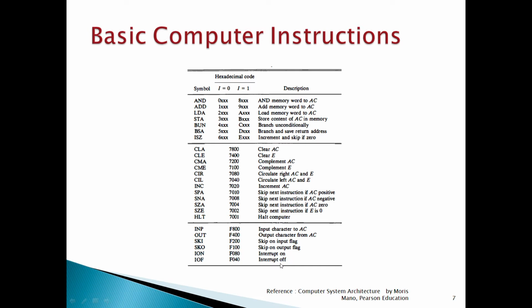About the interrupts we will study in later lectures. Basically, input output devices or any peripherals are much slower than the computer processors. That's why, till they are ready, we allow the interrupt on the instructions related to the peripherals, basically the input output, and when they are ready, then we call the interrupt and execute those instructions.